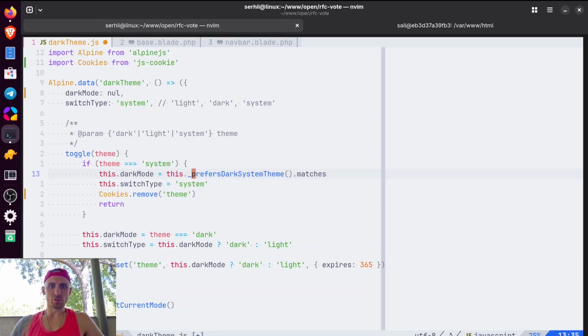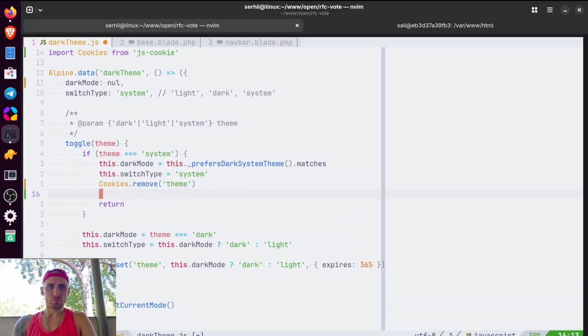This dark mode. This matches. This dark mode. So when the theme is system, we remove this one and set